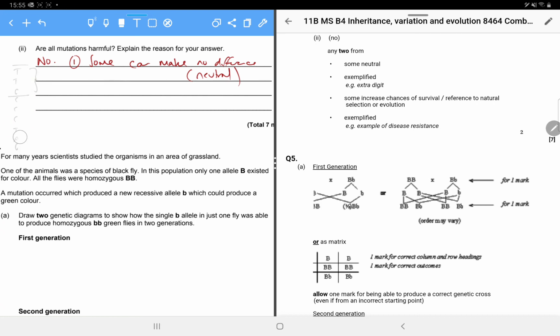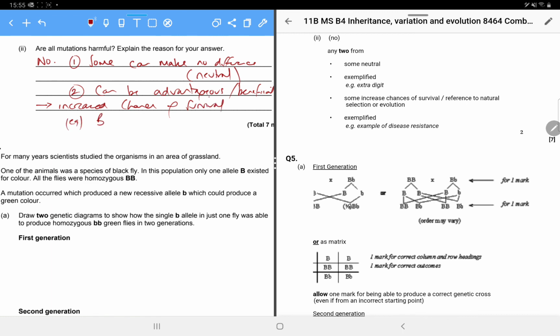And the other thing is, some can be beneficial. We know this because it's the beginning of the natural selection process. So it can be advantageous, or beneficial. In the mark scheme, you can see some increased chances of survival. Linking that in with an example as well would be good. So can be advantageous, goes to increased chance of survival,